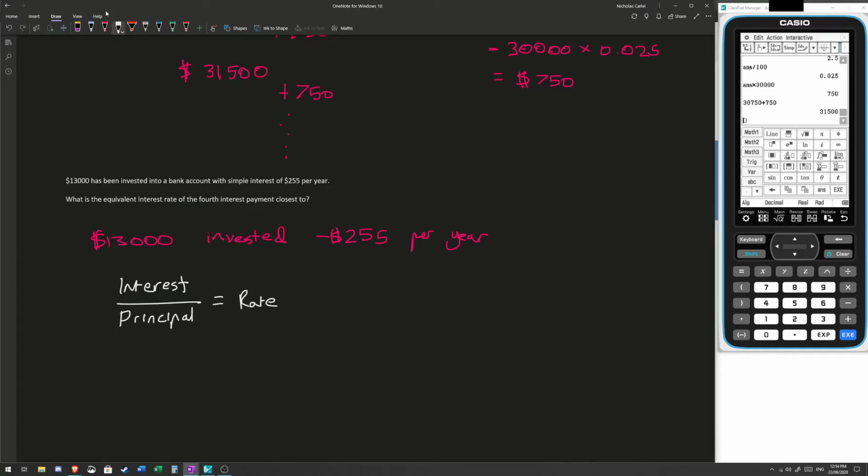I know a lot of people aren't huge fans of formulas, but I'll still do it that way just in case. So the formula we used before was principal multiplied by our rate gives us our interest. Okay. Now, if we divide both sides by our principal, I'm going to use a different color because I've already used red. Hang on a sec. If we divide both sides by our principal,